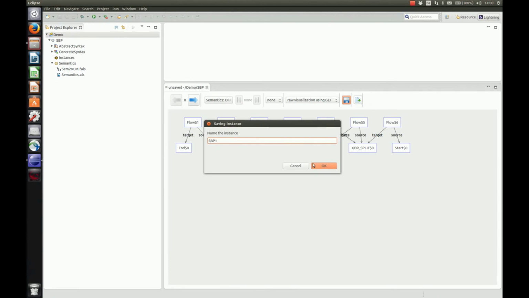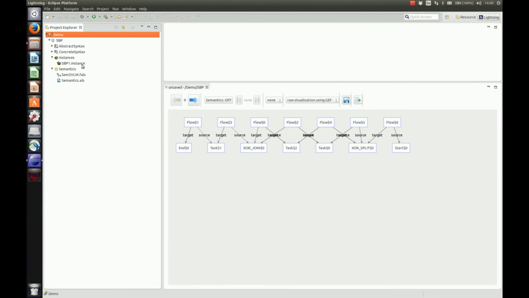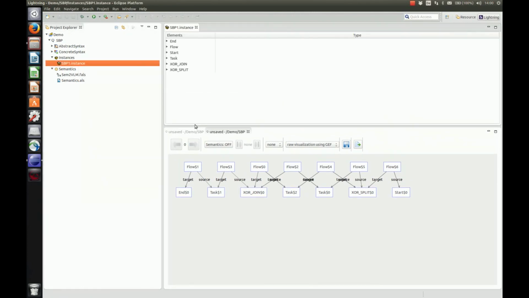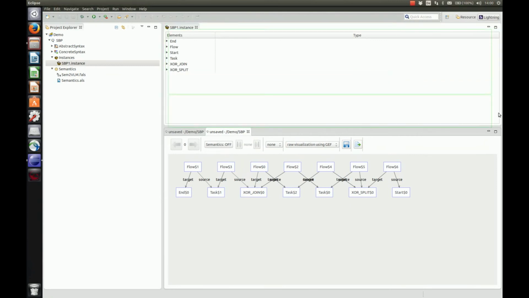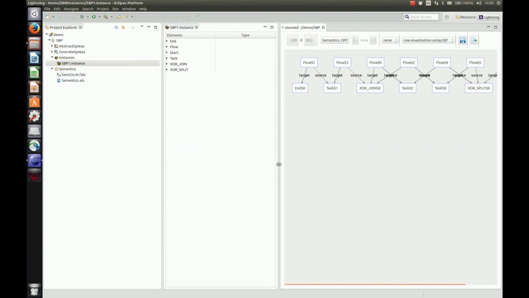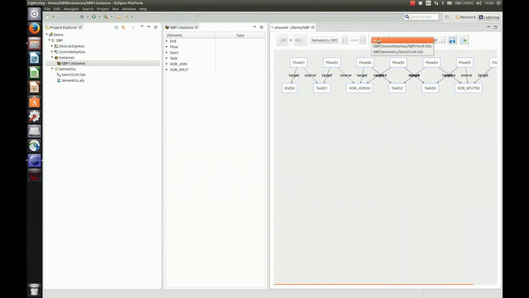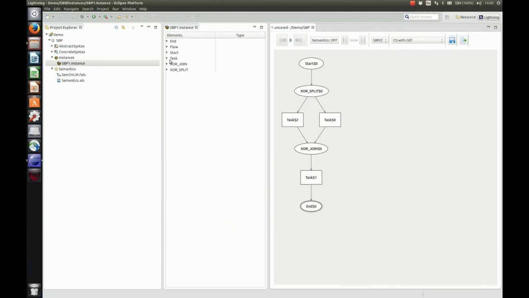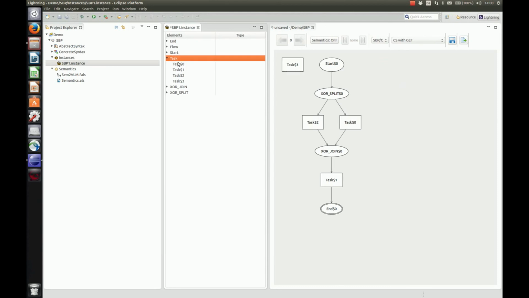In order to edit a given instance, we should first save it by pressing the Save button present in the instance viewer. A .instance file will be created in the instance folder. This file can then be opened with the instance editor. This latter consists of a tree editor with really limited functionalities. Mainly, you can add and remove elements of an Alloy instance. To make the instance editing more user-friendly, Lightning complements the editor with a view that is updated automatically at every change. Of course, you can apply the concrete syntax you have previously defined to the instance you are editing.